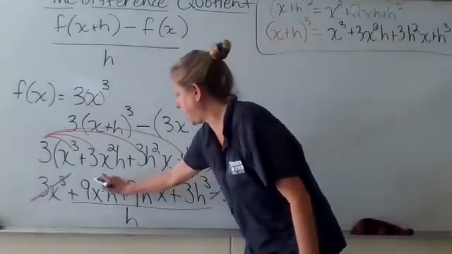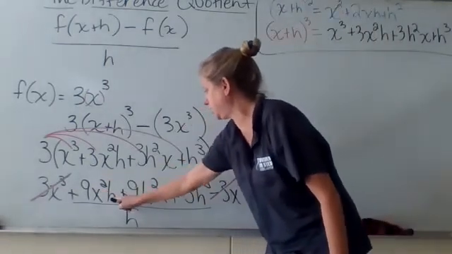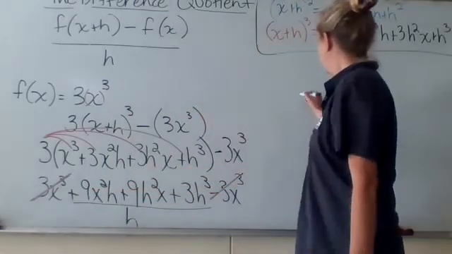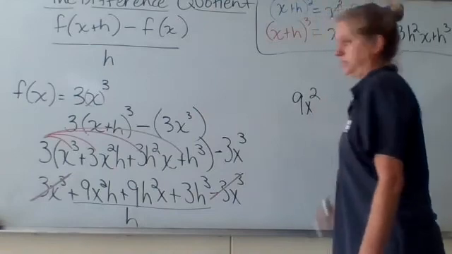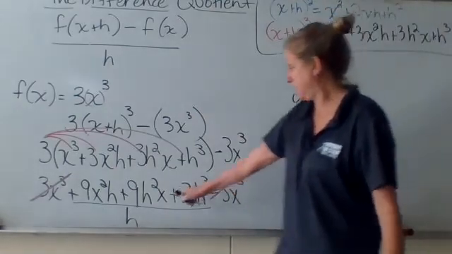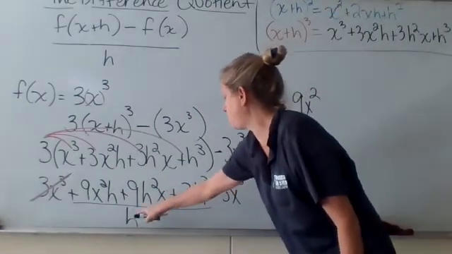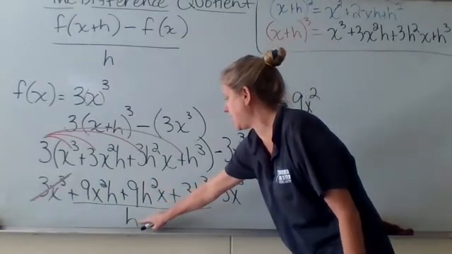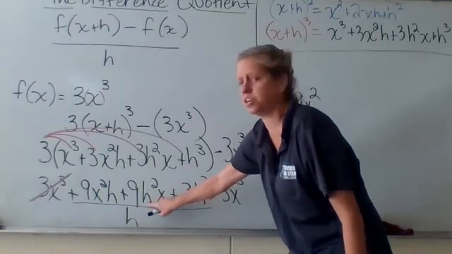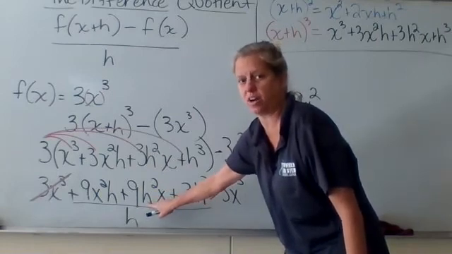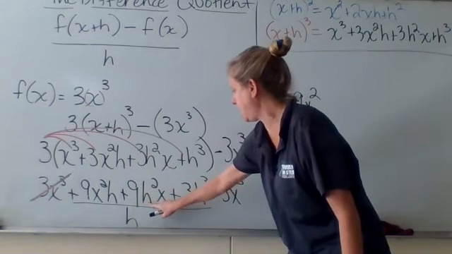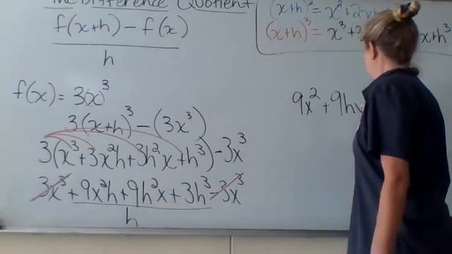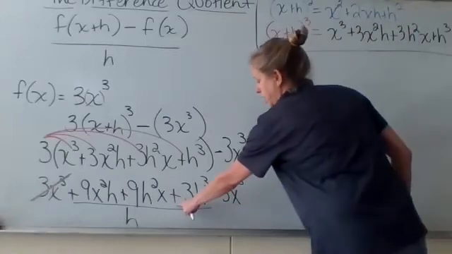So let's see, if I divide this first term by h, this h will cancel that one. So I have 9x squared. Here, if I divide this term by h, since it had an h squared and I'm only taking out one of the h's, it's still going to have an h. It's just not going to be squared anymore. So I'm going to have 9hx plus,